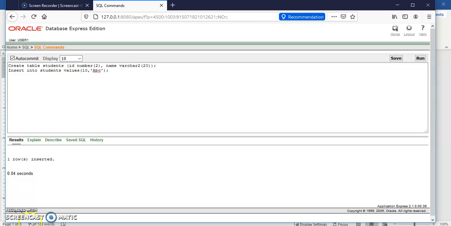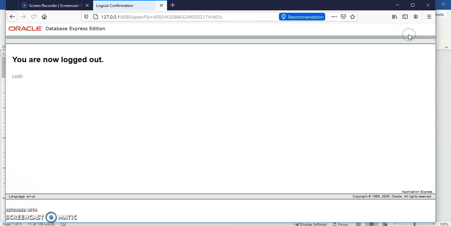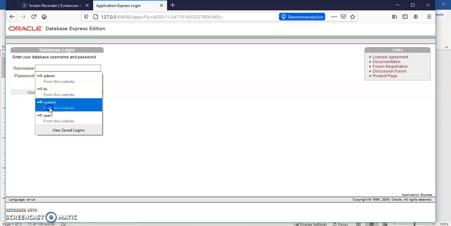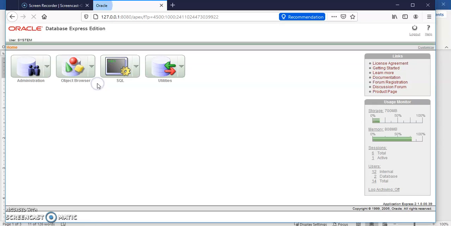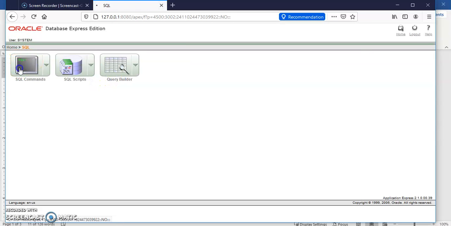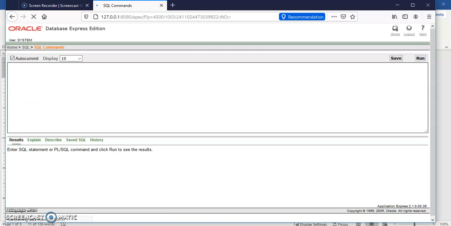Now if we want to change the password of this particular user 1, then of course we have to execute one statement, and that is nothing but the alter user command, so that we can change other properties too.